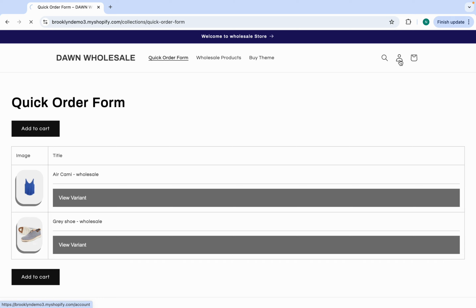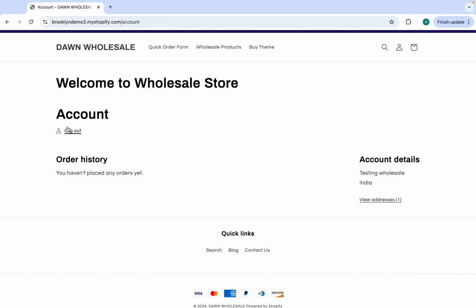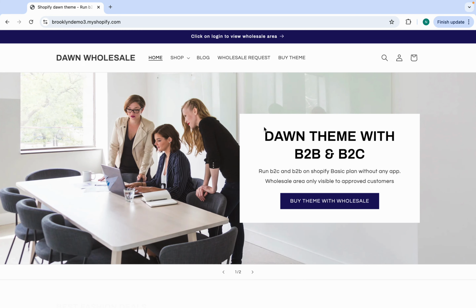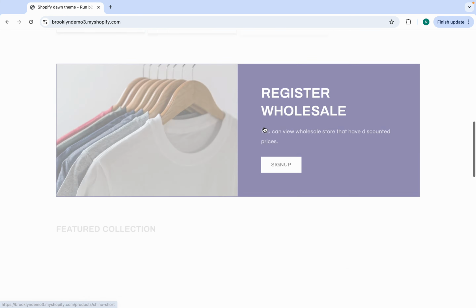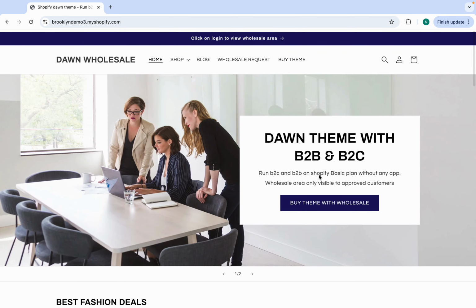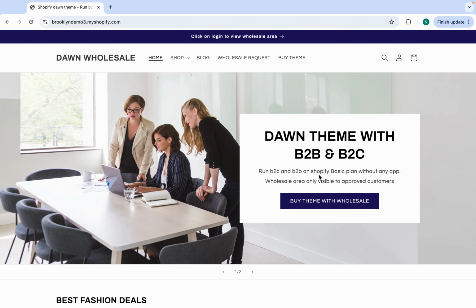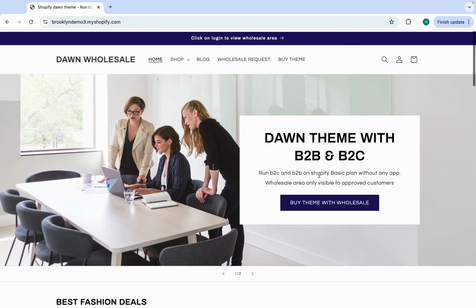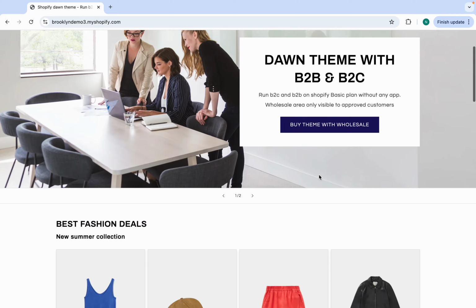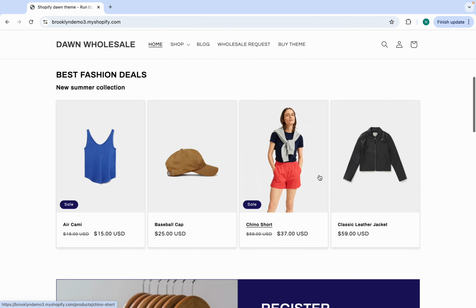And if I click on this one and click on logout, you can see the main menu is replaced with the retail one. Now I can access the retail area. So only the approved user can access your wholesale area. So you can run two stores in a single Shopify plan. Like you can run B2B and B2C on a single Shopify plan